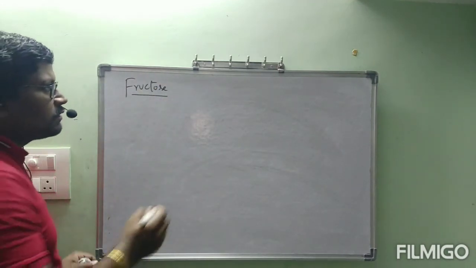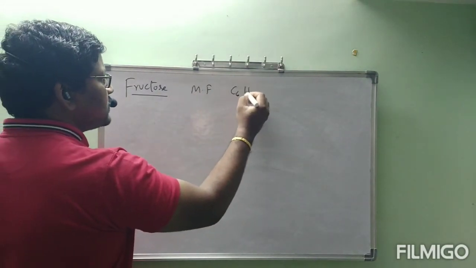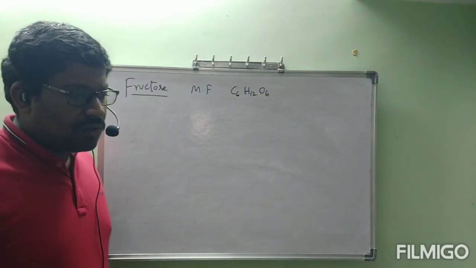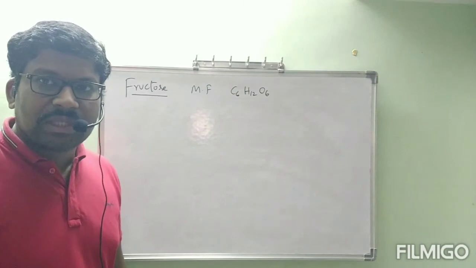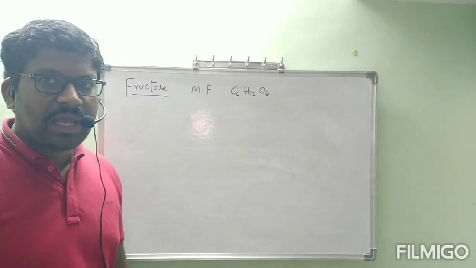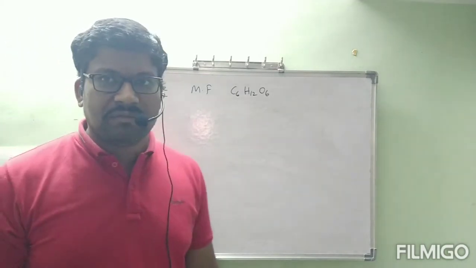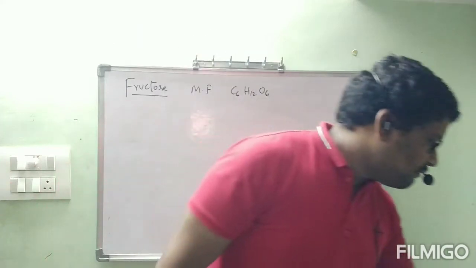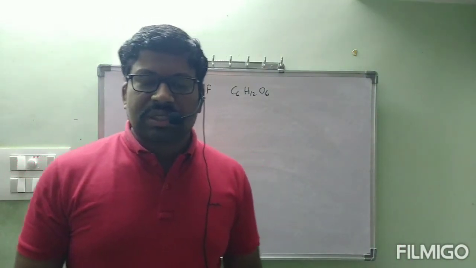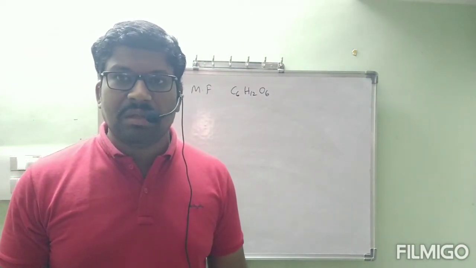Fructose, what is the molecular formula? The molecular formula is C6H12O6. Here, like we obtained the structure of glucose, every reaction of fructose we are not going to study. Directly we are going to write the structure of fructose. For glucose alone it is enough. And one more thing, for glucose also, you will nowhere be asked to deduce the structure directly.